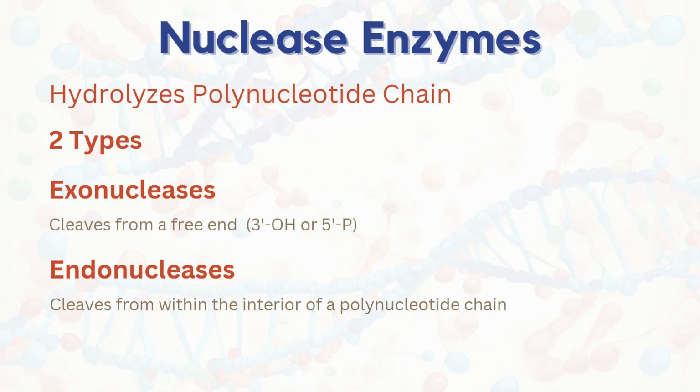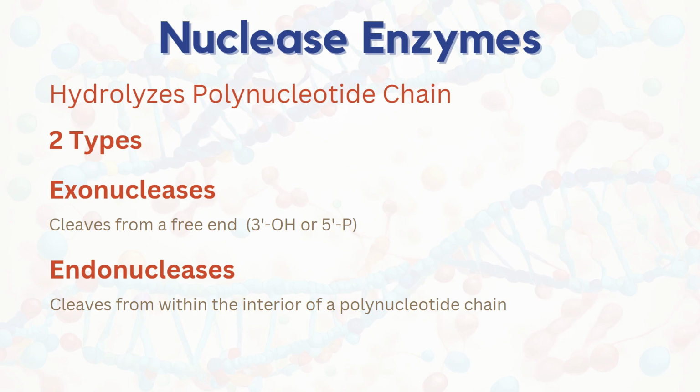Exonuclease enzyme begins its attack from a free end of a polynucleotide chain. Therefore, depending on the specificity of the enzyme, an exonuclease will either begin at a free 3' OH site or 3' phosphate end of a polynucleotide chain. In both cases, the enzyme travels along the chain in a stepwise manner, liberating single nucleotide monophosphates and